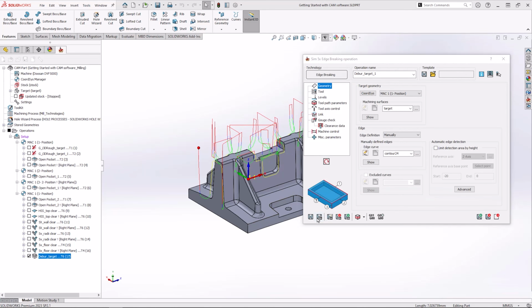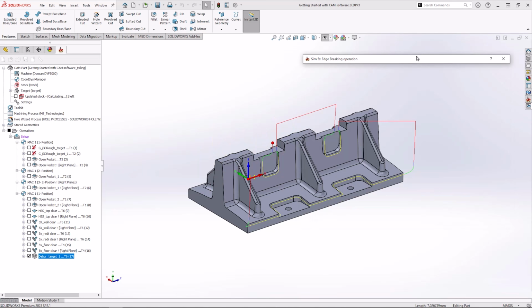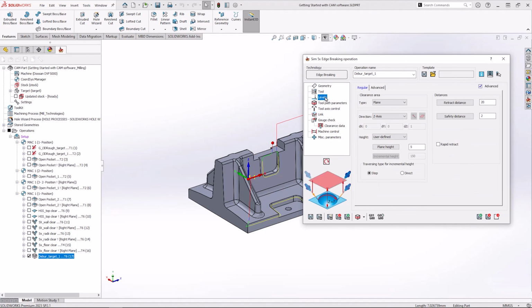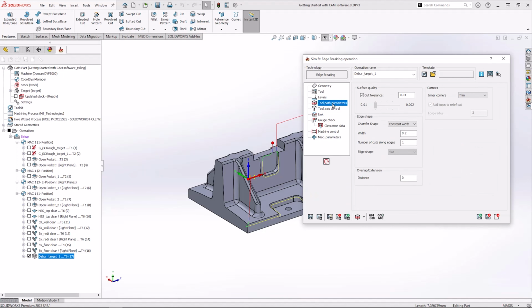From this again, we'll save and calculate the toolpath, and we'll see how it drastically changes from having lots of edges to just purely the edges that we'd picked previously. A really good way to optimise what you want to do. We can also change the levels of retraction, and also change the width of the chamfer that we want to do, in this case going from 0.2 to 0.5 mm.